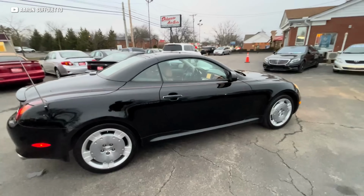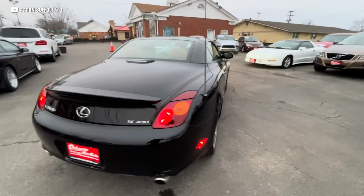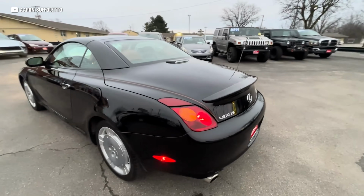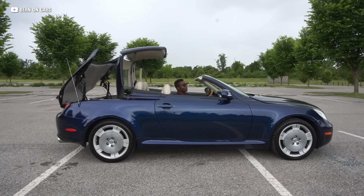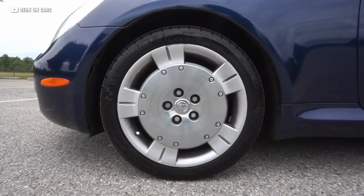Now, up next is the Lexus SC430's wheel, and you probably forgot that this car even exists. Why? Well, because it's an ugly car with ugly wheels. Now, I love Lexus, and I especially love their older models. However, the combination of the SC430's weird convertible styling and bulbous rear end, and most importantly, those wheels,